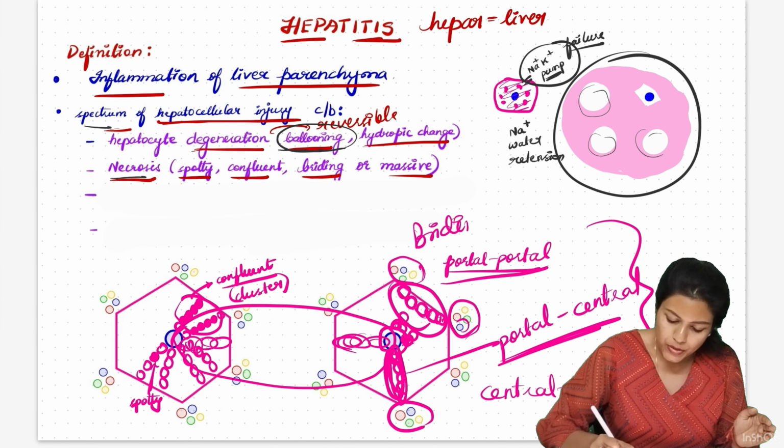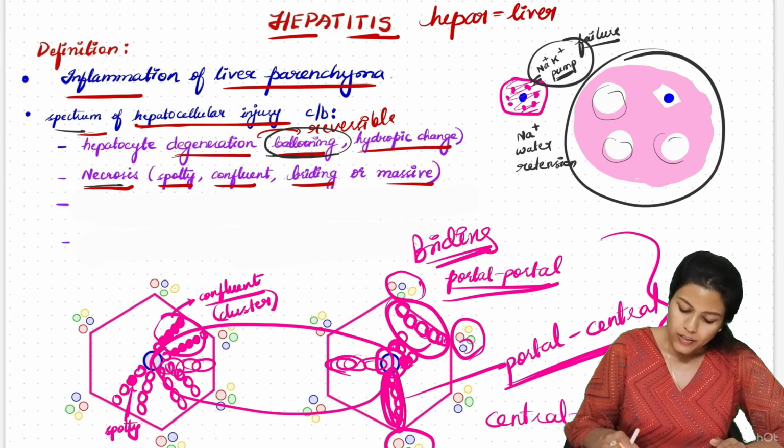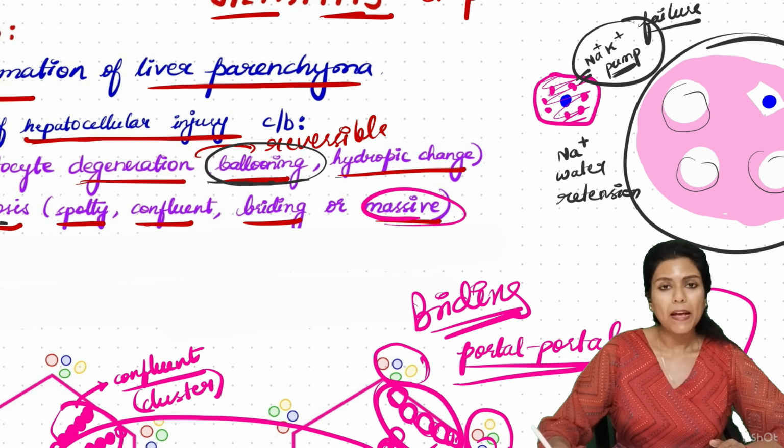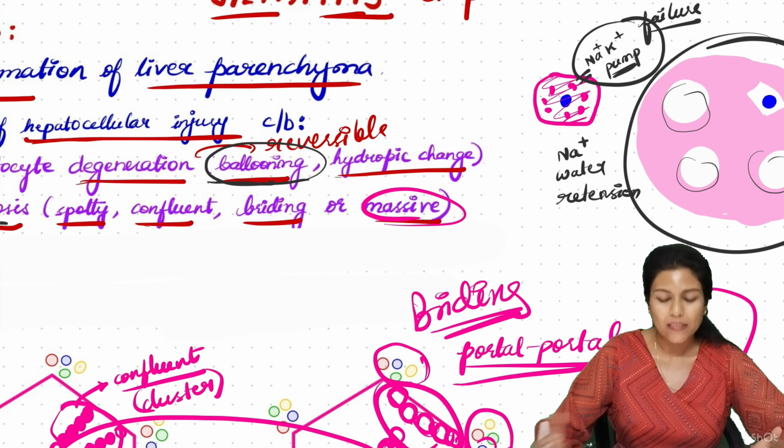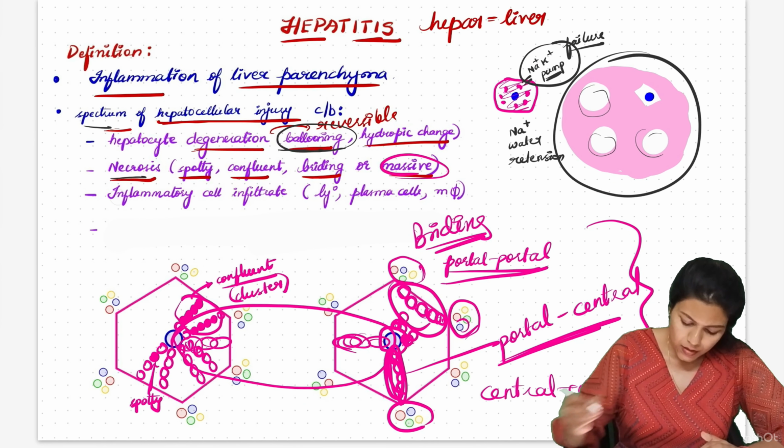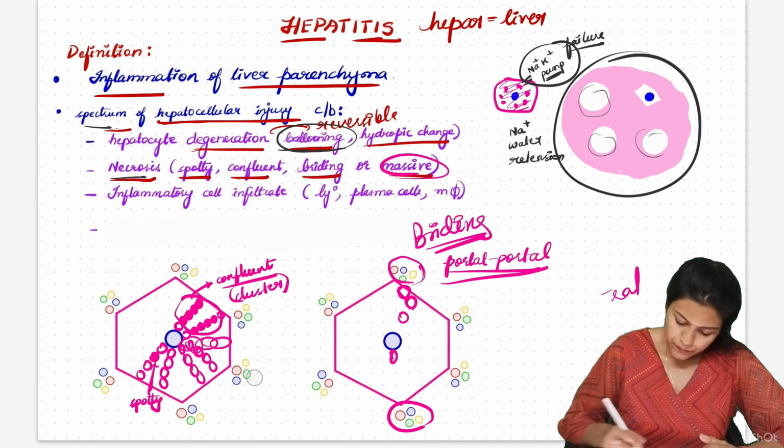These three are called the bridging necrosis. Or it can be a massive necrosis. Massive means more than the bridging necrosis. Extensive form of necrosis is the massive necrosis. And there can be